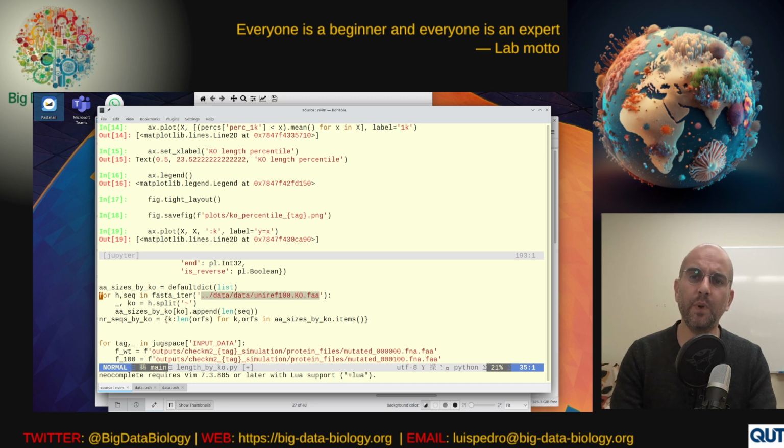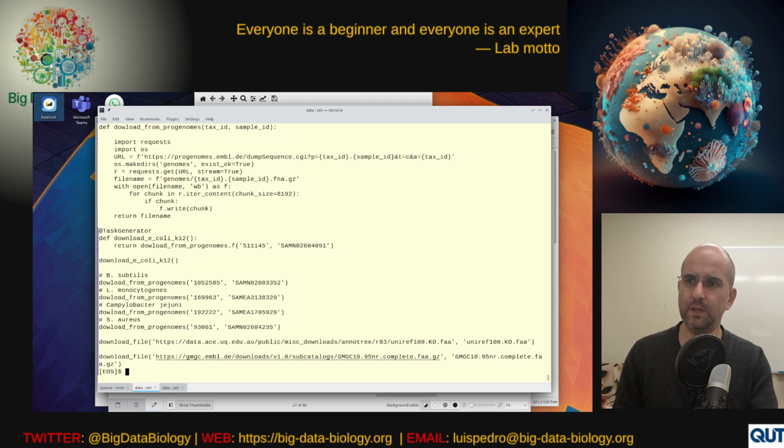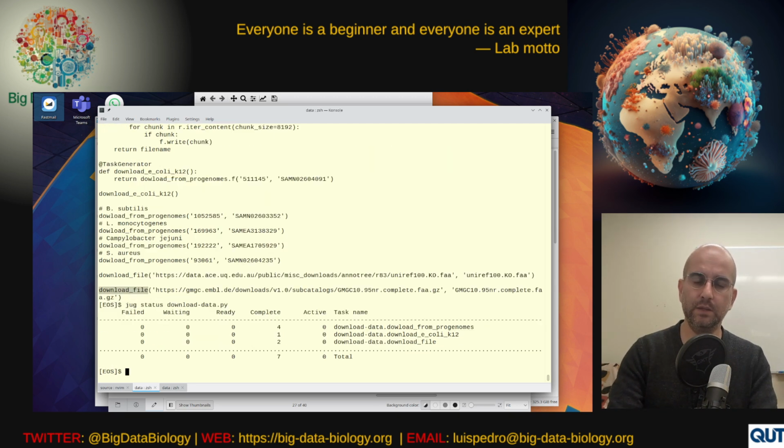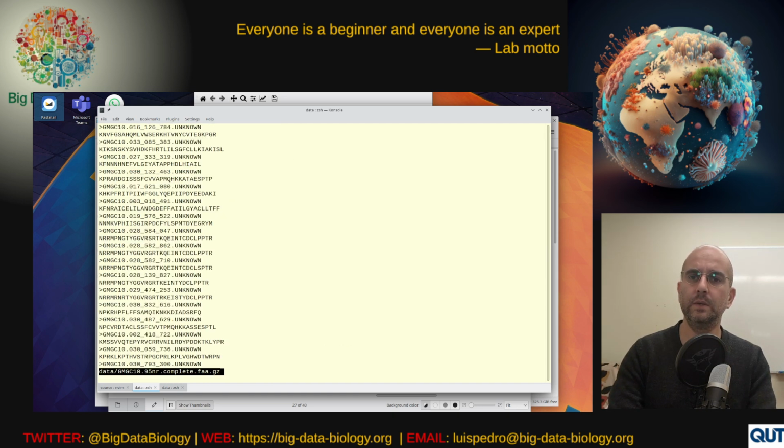We said the right data set would probably be GMGC V1, where we want to use just the complete genes, and also they're only prokaryotic. So we went ahead and started downloading it. We spent a little bit of time getting the right URL for the right file, then added it to the download data. In the meanwhile, it downloaded. Here it is.